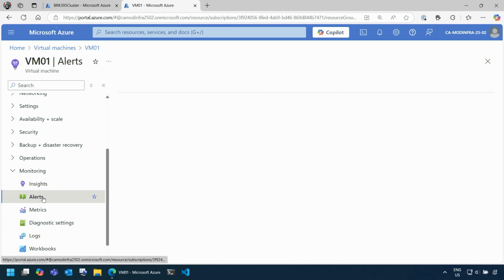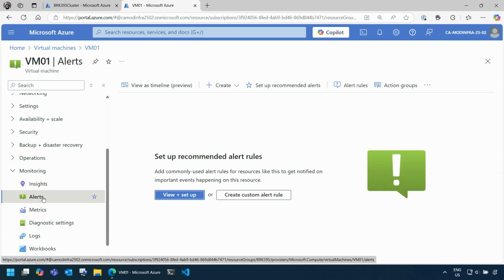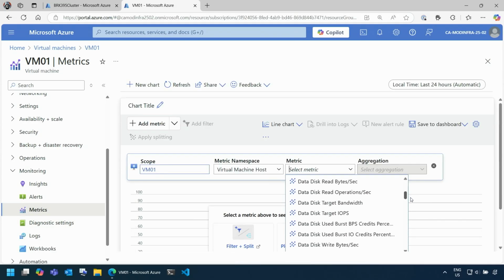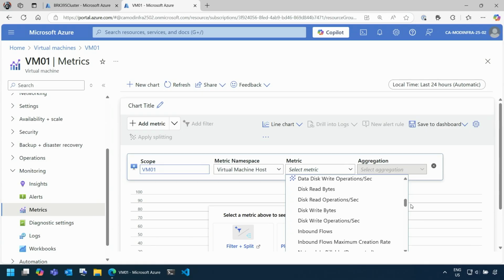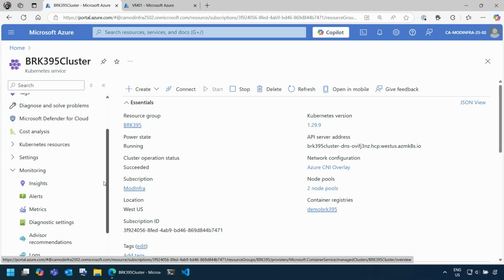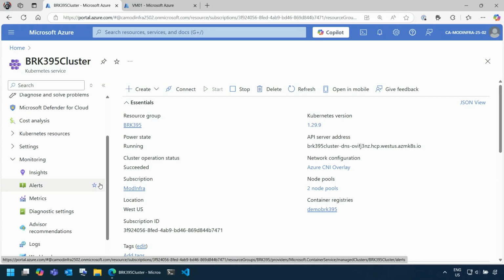But I have my alerts, so I control my alerts the same way, and I have my metrics, all of the CPU metrics, disk metrics, network metrics. I got all of that. Yep. Yeah. So that's on a VM. You want to see that in Kubernetes? Yeah, I'm going to show you now. I kind of played with it a little bit ahead because I wanted to make sure that you weren't pulling a fast one on me.